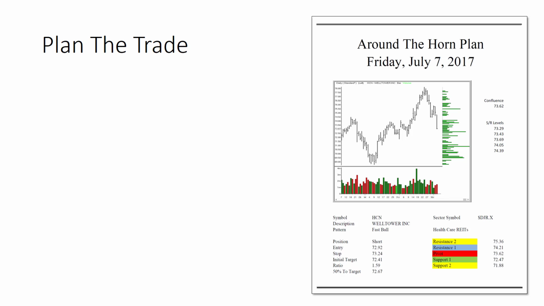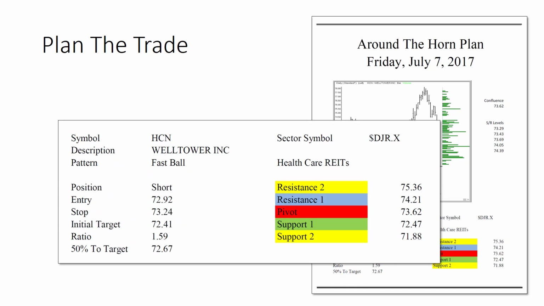So the support and resistance levels and the confluence level, that's relatively new to this. That's based on a lot of input and feedback that I've had from the guys who attend my income trading boot camp. They have a lot of access to me and spend a lot of time talking to me. And one of the things that they've said was it's hard sometimes, or it's harder than I might think it is, to find support and resistance. When you've been looking at something for 20 years, it seems second nature. And they said, well, it'd help if you added those support and resistance levels to the plan. So we did, and I think it wound up being a good change.